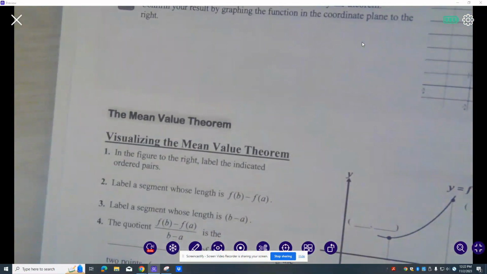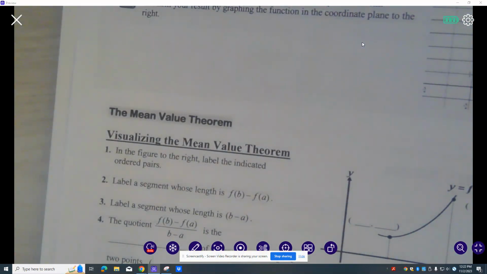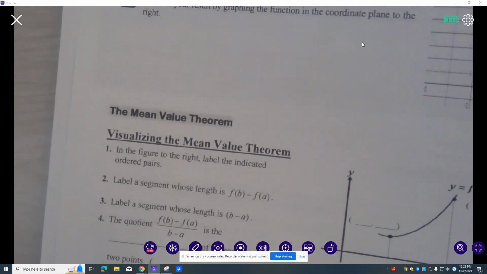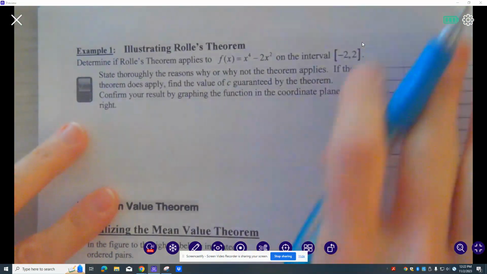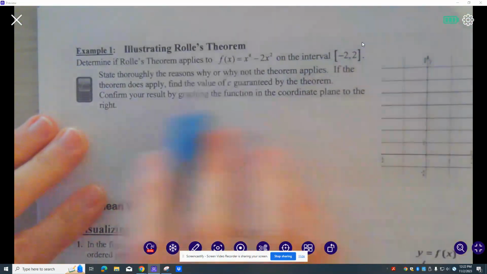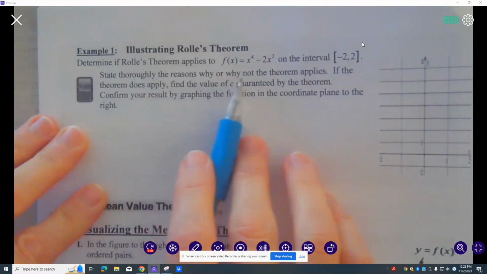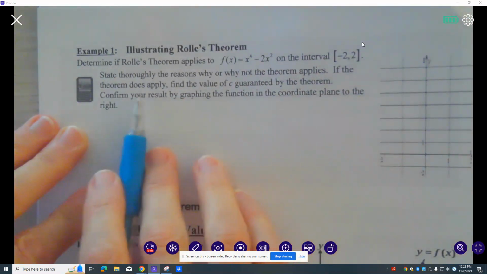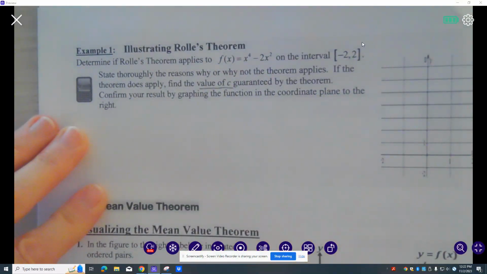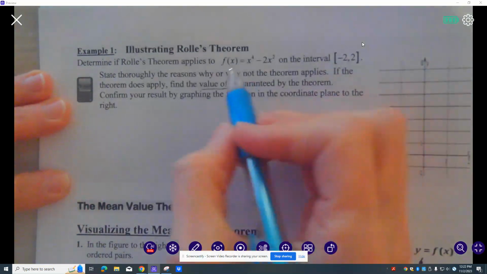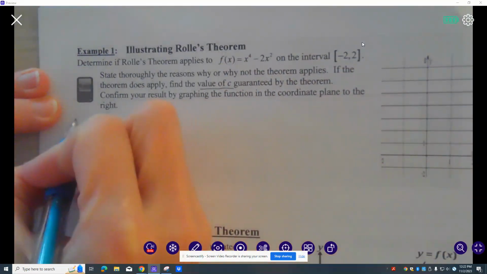Illustrating Rolle's theorem. So again, we're looking for that horizontal tangent line or where the derivative is 0. So determine if Rolle's theorem applies to this function on the interval -2 to 2. State thoroughly the reasons why or why not the theorem applies. If the theorem does apply, find the value of c that is guaranteed by your theorem, and then check it in your graphing calculator. So f of x is a polynomial,